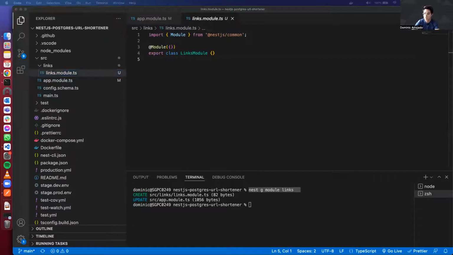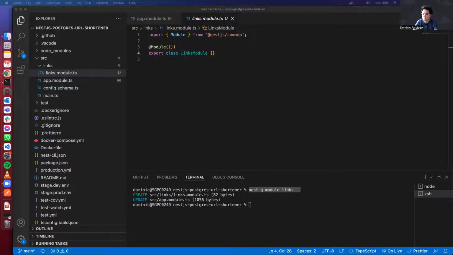Services are responsible for business logic, such as data storage and retrieval. It's designed to be used by a controller. We'll get to the controller later on. A service is a good candidate to be defined as a provider. So what is a provider in NestJS? Based on the documentation,